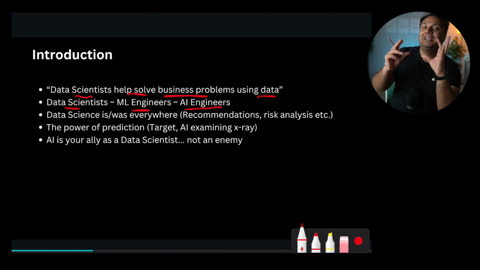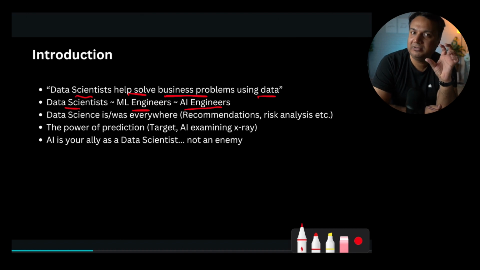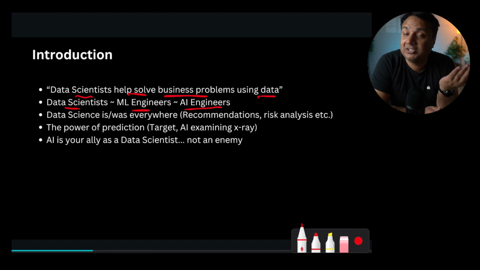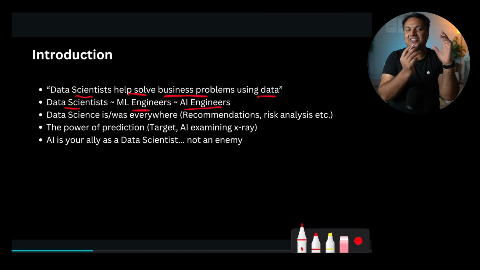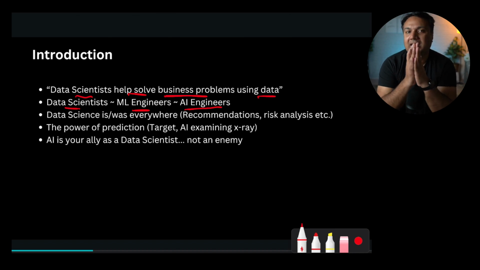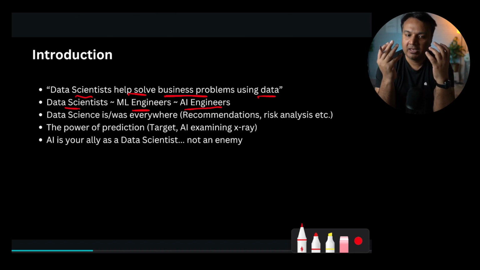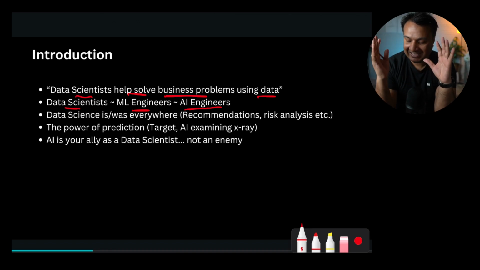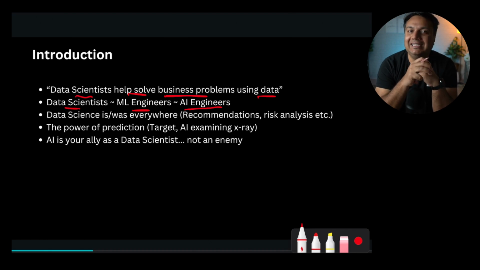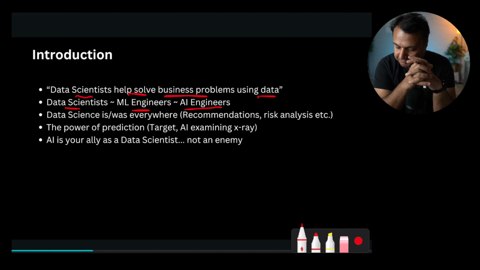So then the role of that AI engineer essentially boils down to prompt engineering, which is basically how do you tell an LLM how to do a certain thing. And if you have ever used ChatGPT, you have written prompts, and that's basically what prompt engineering is, and something which you can learn in a day. So I think AI engineers, even companies, are a little confused, but when you take a step back, this is basically data scientists who have some knowledge about prompt engineering, which you can learn in a day. So not rocket science. In a nutshell, pretty much all three of these are very similar. You can consider them the same.